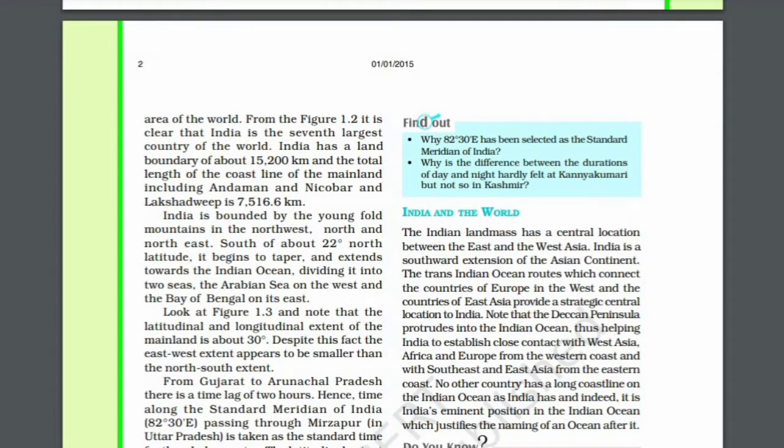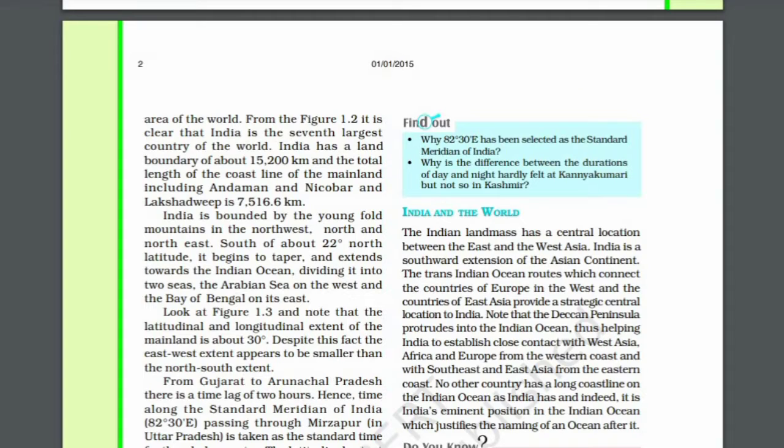India has a land boundary of about 15,200 km and the total length of the coastline of the mainland, including Andaman and Nicobar and Lakshadweep, is 7,516.6 km. India is bounded by the Young Fold Mountains in the northwest, north and northeast. It means the northern part is